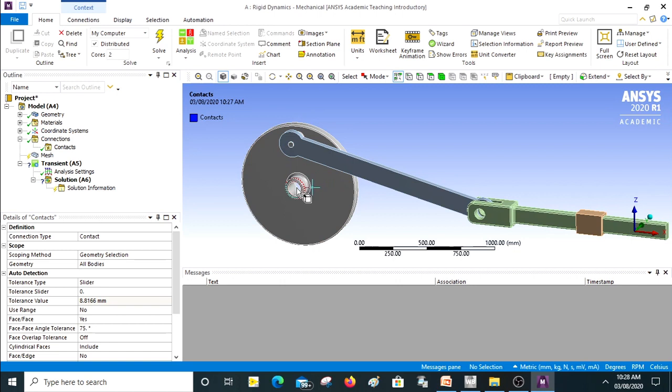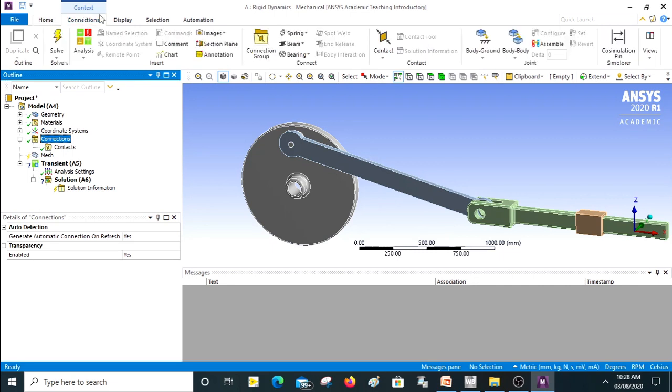For example, if I try to provide a revolute joint here, it will be provided across the cylindrical surface. Since the other component is missing, I will go for the body to ground joint. I don't have that gear mechanism inside this, so I will select this first contact as body to ground. If both the components you are trying to connect are present in the ANSYS Workbench window, then we go for body to body. Let us now go ahead to connections.